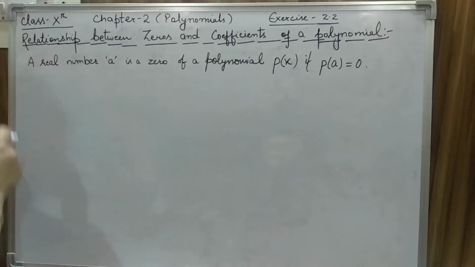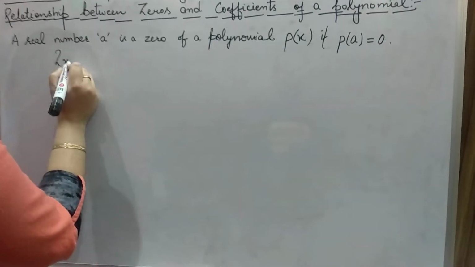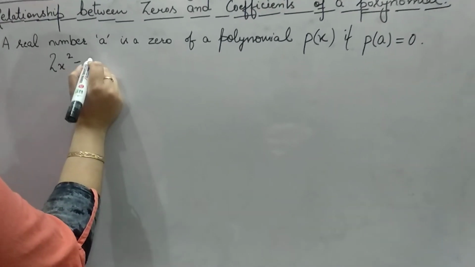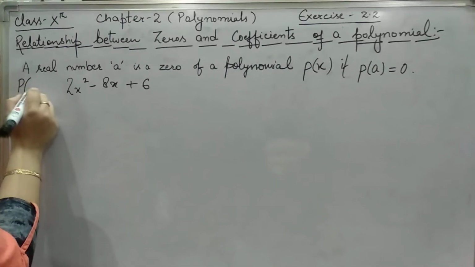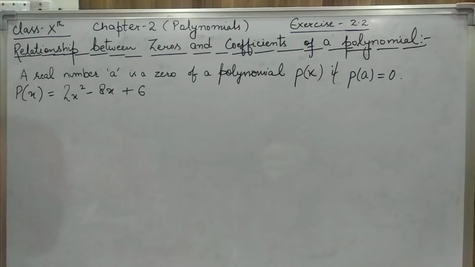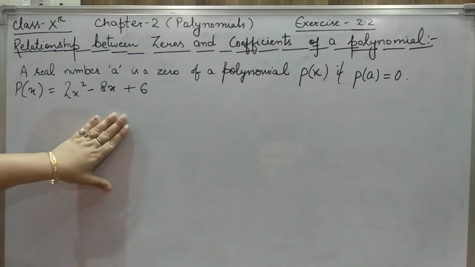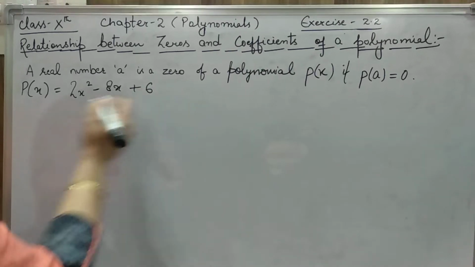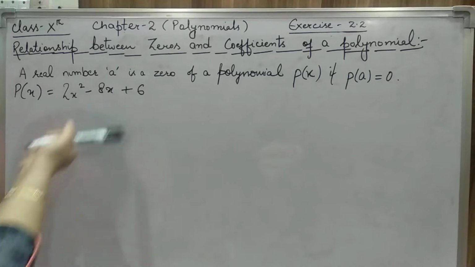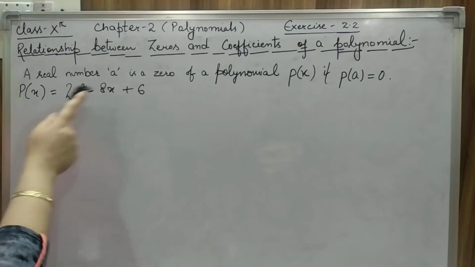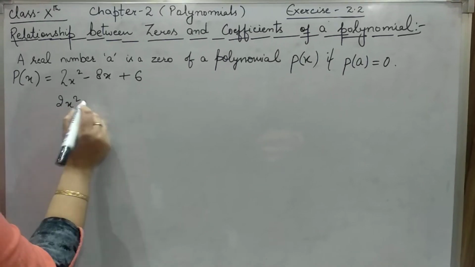First of all, let us take an example. I will explain it with the help of an example: 2x square minus 8x plus 6. This is a polynomial in x. I have taken the example of a quadratic polynomial because here the degree is 2. Now we know how to find the zeros of the polynomial by equating the polynomial